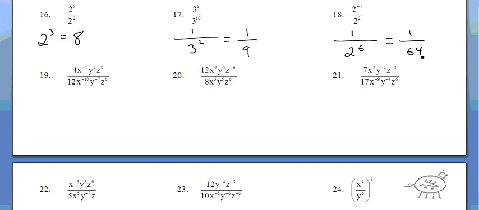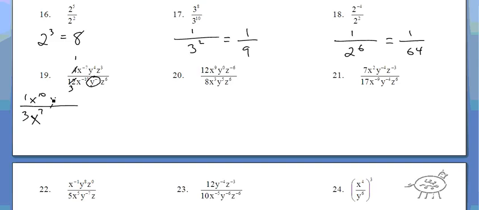Okay, this is pretty important. Okay, this one is a little more complicated. Let's deal with the numbers. So it's 1/3, and then let's deal with the negative exponents. Anything with a negative moves to the other side of the fraction. So it's x to the 10th and y to the 7th there. I'm sorry, x to the 7th, and then the y's, this guy right here moves to the top, so it's